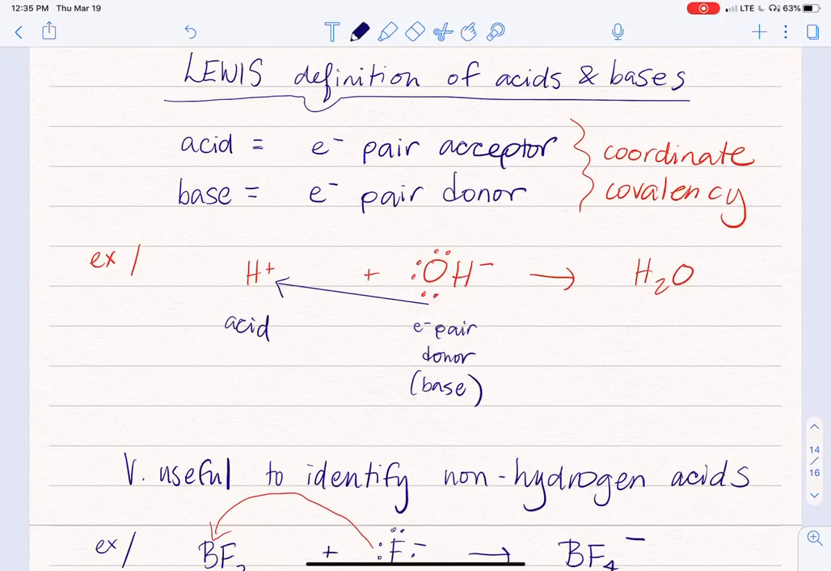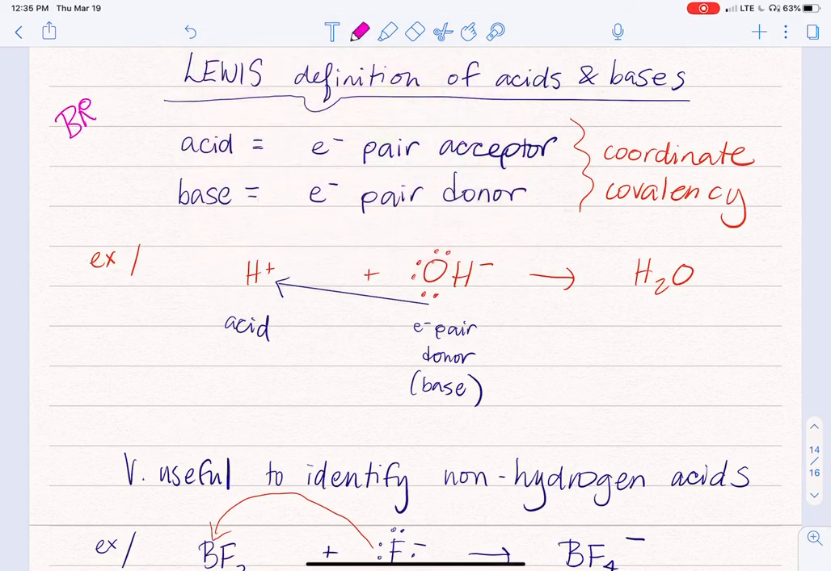Hi, everyone. So the final topic in Chapter 13 is the Lewis definition of acids and bases. You'll recall that at the beginning of our study of acids and bases, I defined acids and bases via the Arrhenius and Bronsted-Lowry definitions. In Bronsted-Lowry, we were thinking about acids as proton donors and bases as proton acceptors. In the Lewis definition, which is the most broad and general definition, so that's a good thing to note,